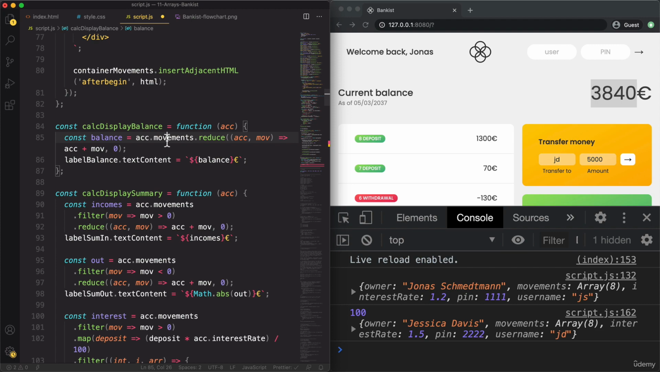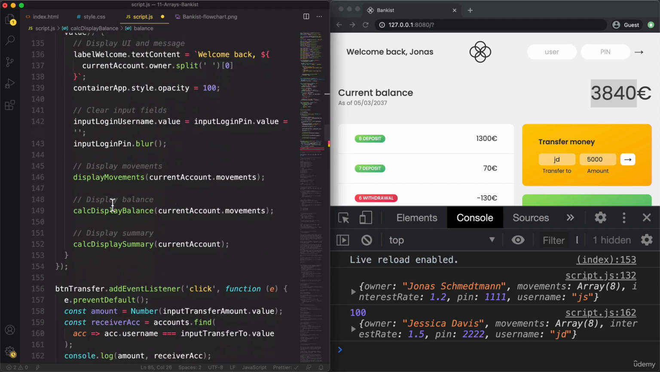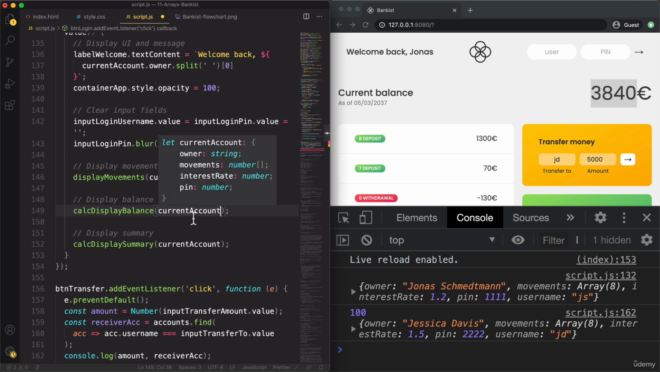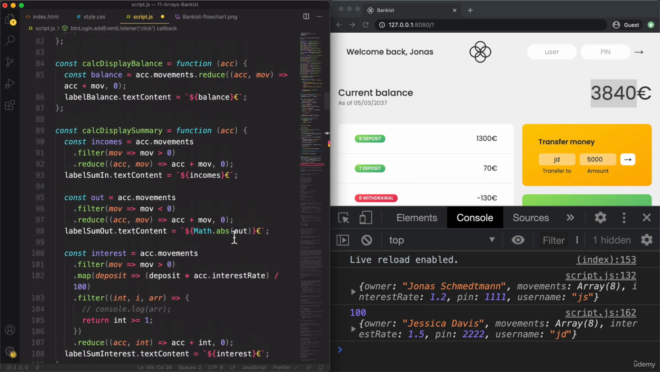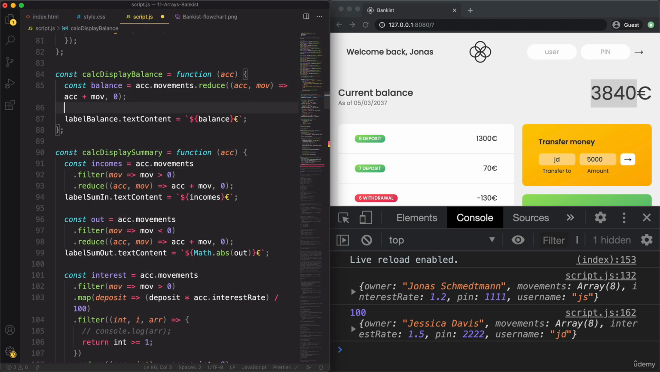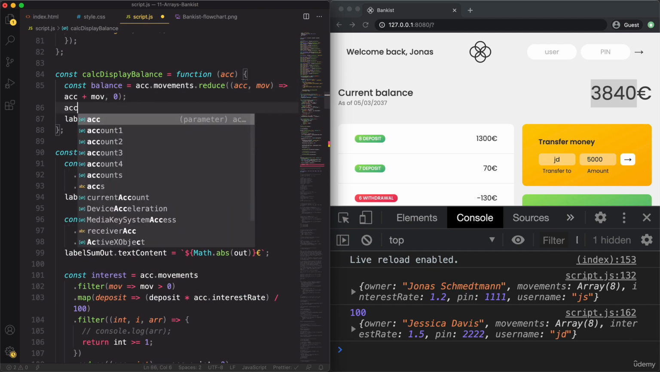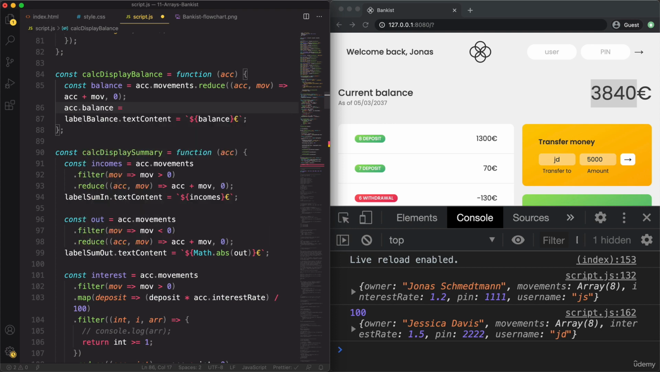So here we need to do account.movements, and before we move on any further, let's call this correctly. So calc display balance should now only be called with the entire account object and not only with the movements array. Okay, so here it is. So now we take the movements from the account object and then we can add that. So we can say